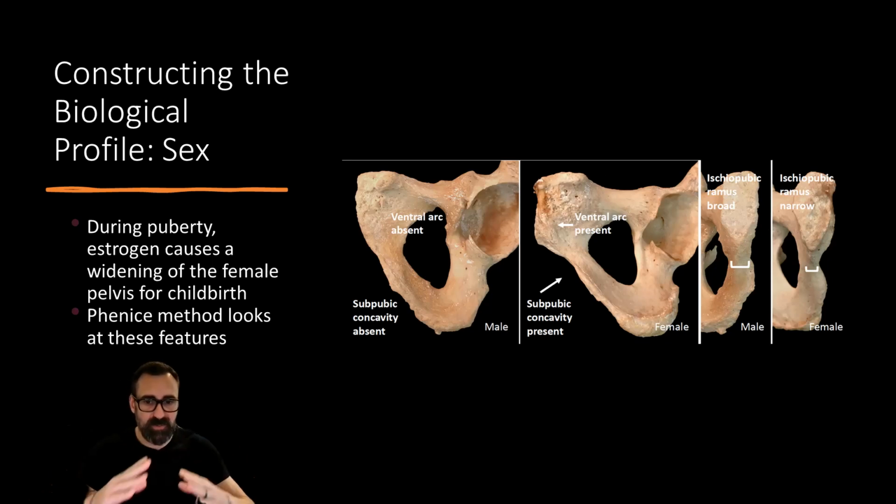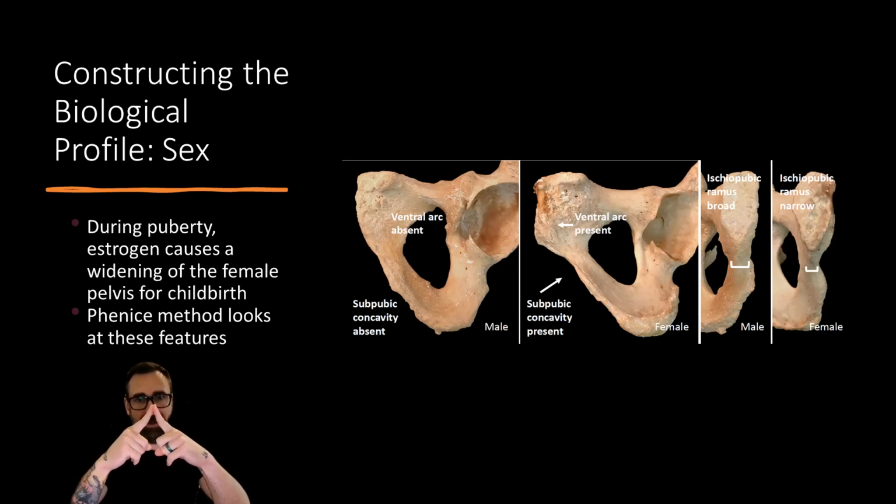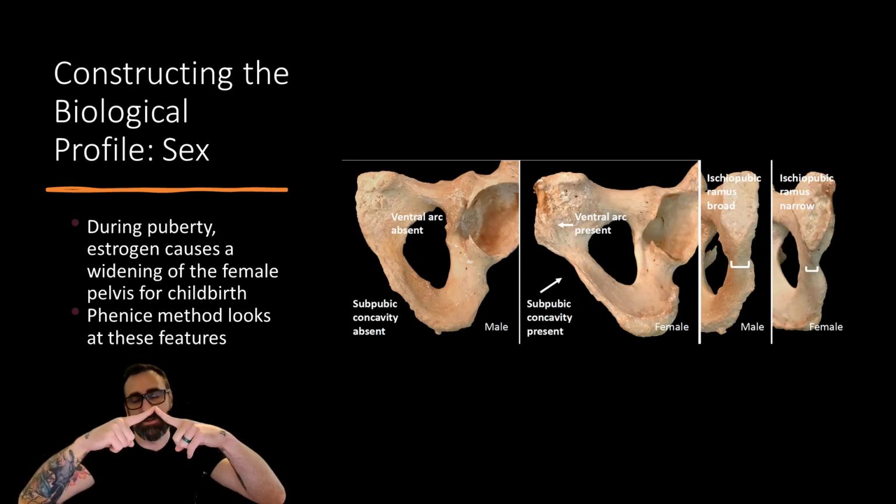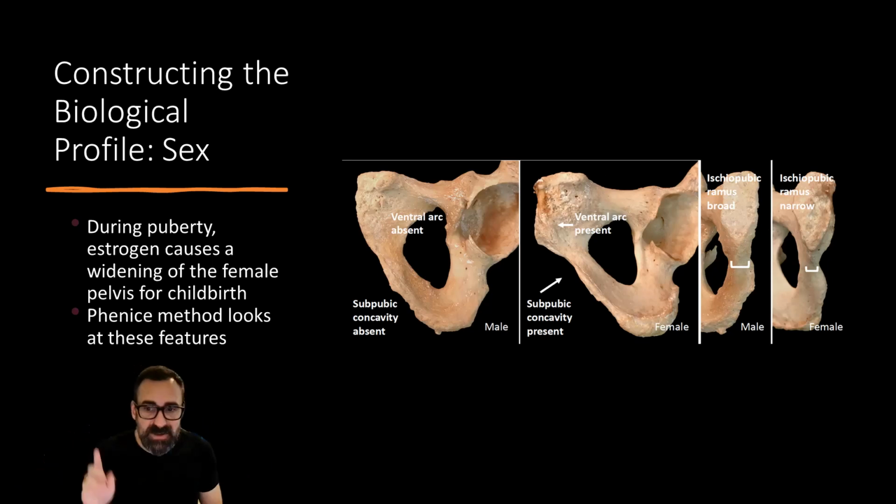So where the pubis is, the pubic bone, kind of in the middle and the front, if it's narrow, it's more likely to be a male, and if it's wider like this, it's more likely to be a female. It's especially easy if a female has had a child, because there are changes